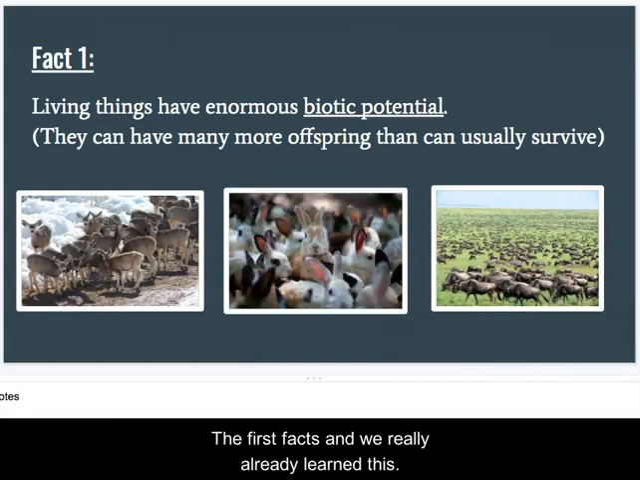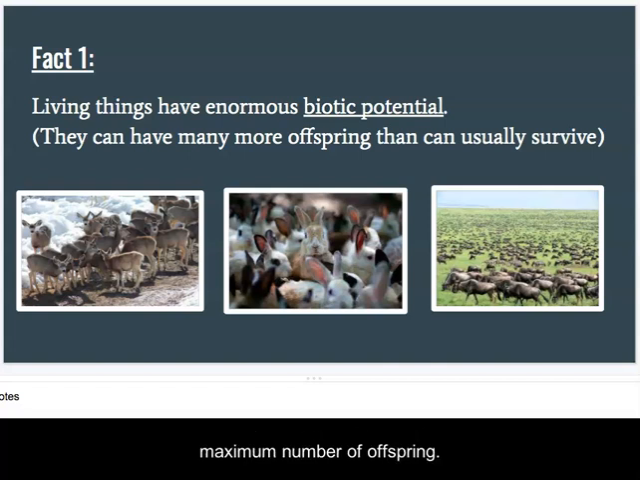The first fact, and we've really already learned this, is that living things have enormous biotic potential. We learned this in our entry 20. Biotic potential is kind of the maximum number of offspring that an organism can have, right? And so,